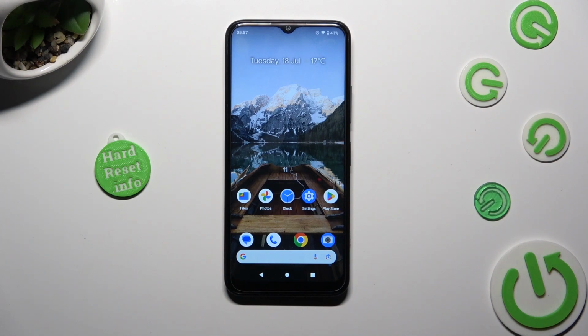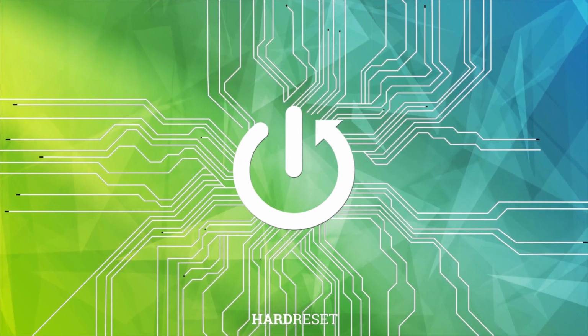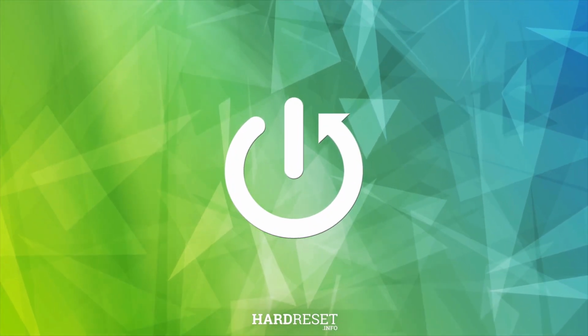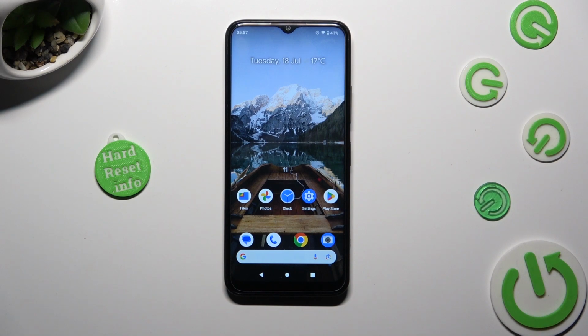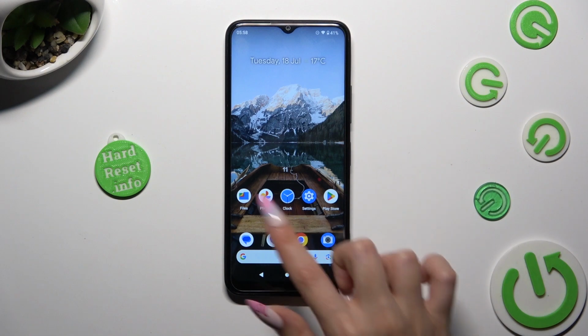Hi! In front of me is Nokia C32 and today I would like to show you how you can select and delete multiple photos at once. You need to begin by selecting Photos app